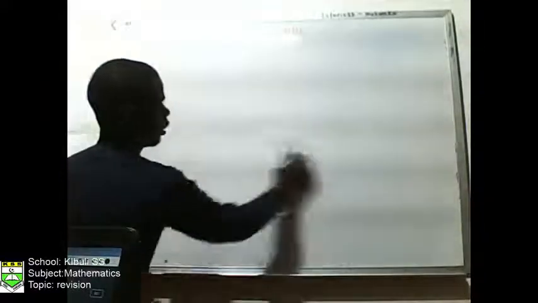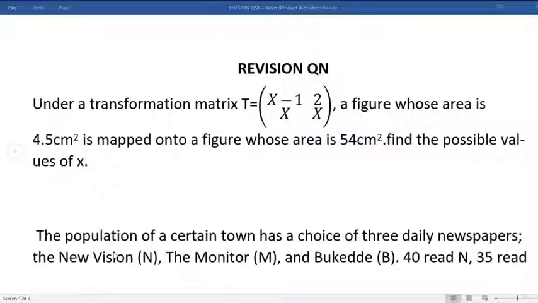Okay. Now, for the first question, they are telling us that under the transformation T, where T is the matrix with entries x minus 1, x, 2, and x, a figure whose area is 4.5, so the area of the object is 4.5, is mapped onto a figure whose area is given, so the image has an area of this. Here you should know that under transformation, the area scale factor is equal to the area of the image